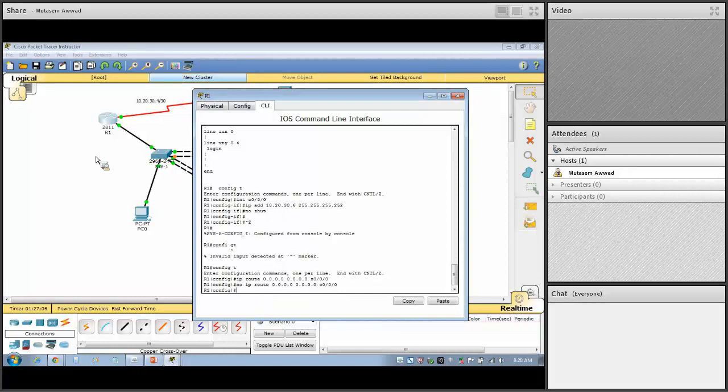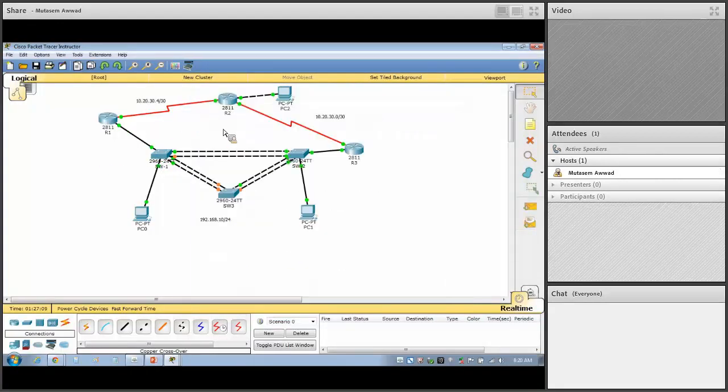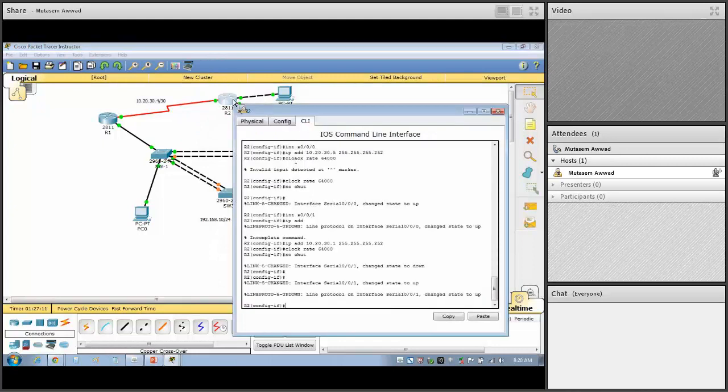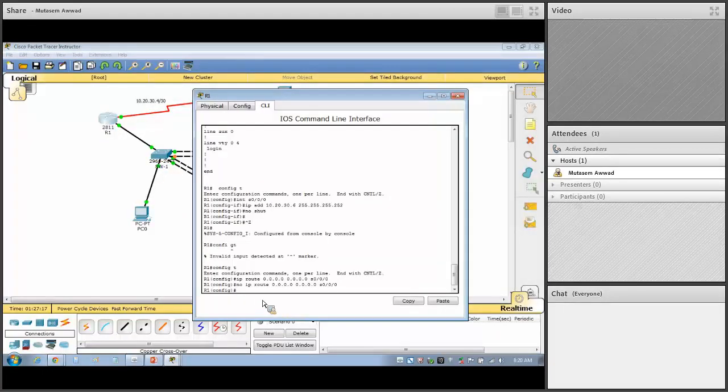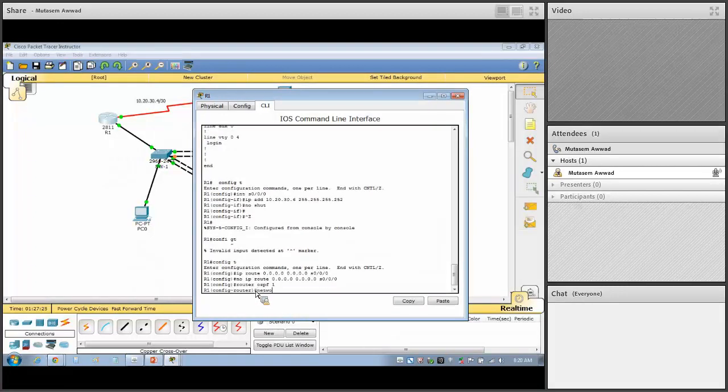Let's do OSPF between these two routers. Here, I'm going to go to router 2. We're going to do OSPF. Let's start with router 1. I'm going to say router OSPF 1, network. I'm going to advertise the network, which is this network, 192.168.10.0 with wildcard 0.0.0.255 area 0,